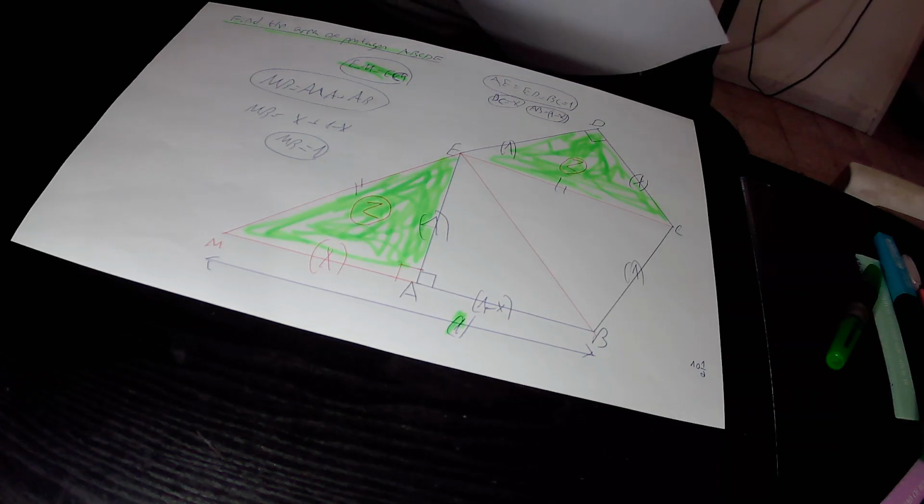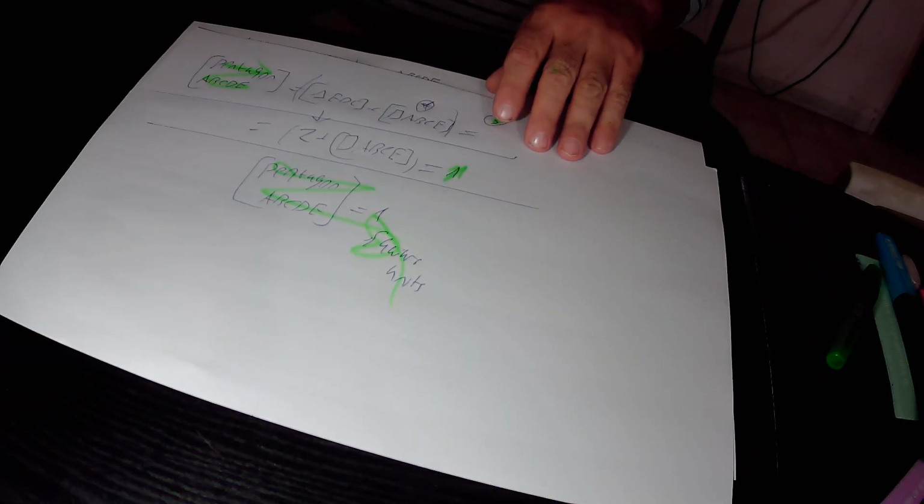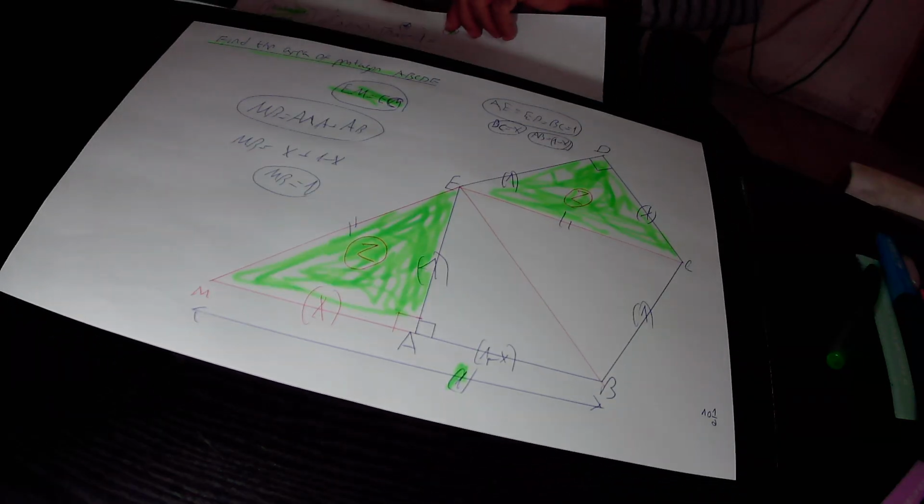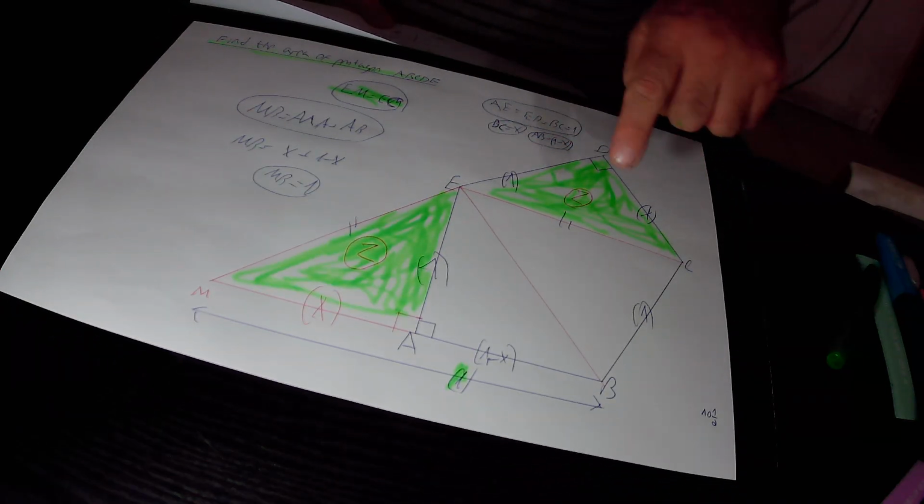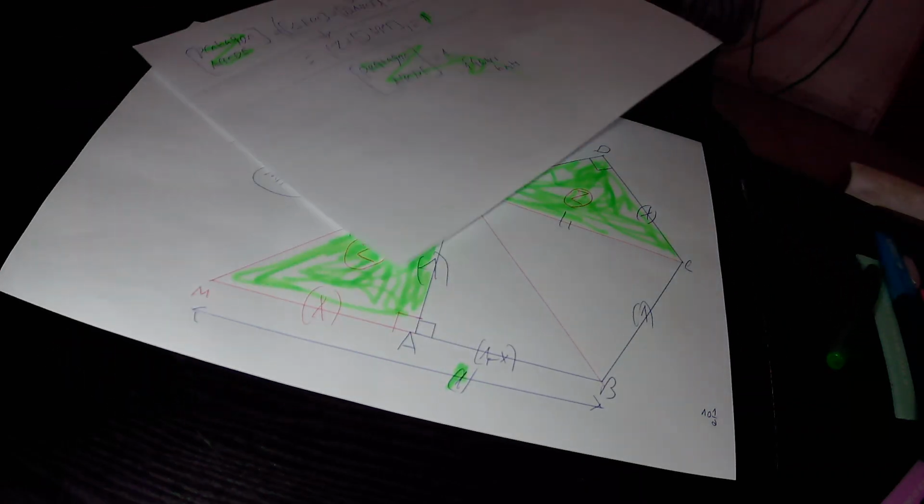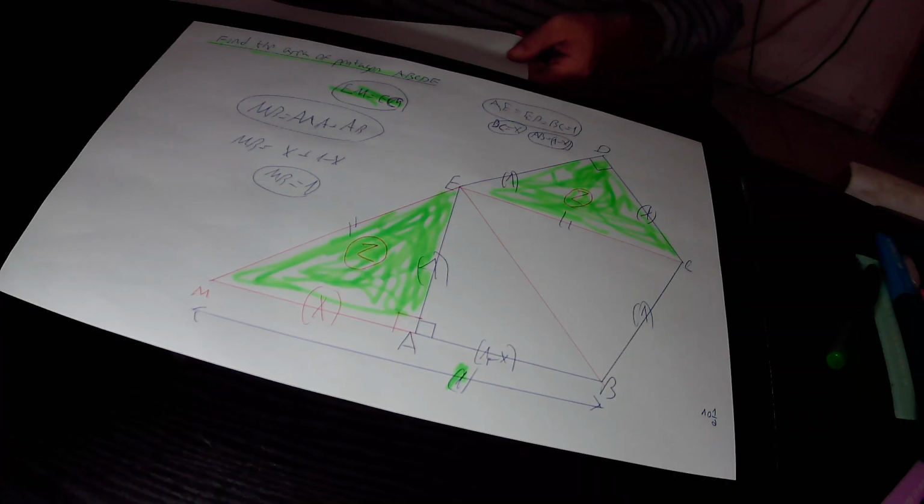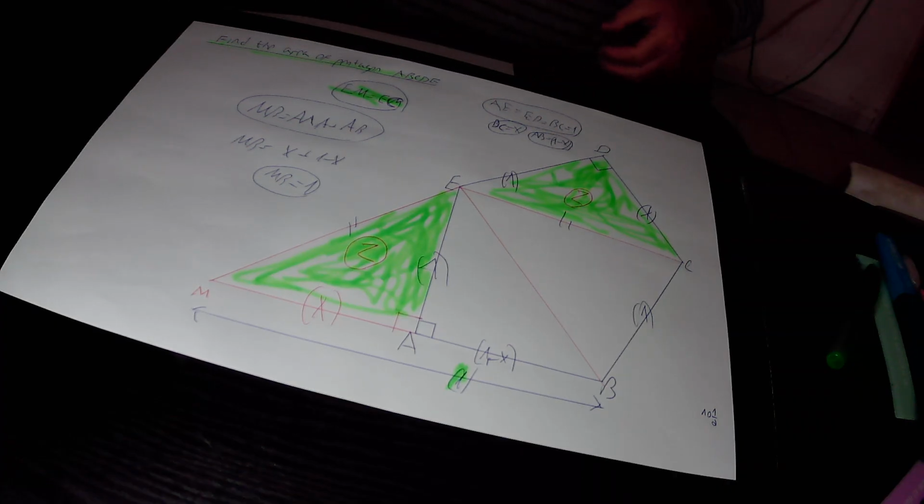Our test is to find out the area of the big pentagon ABCDE. This is the big pentagon ABCDE. So what is the area of the big pentagon ABCDE? Actually, the area of the big pentagon ABCDE must be equal to the sum of the areas of the shapes